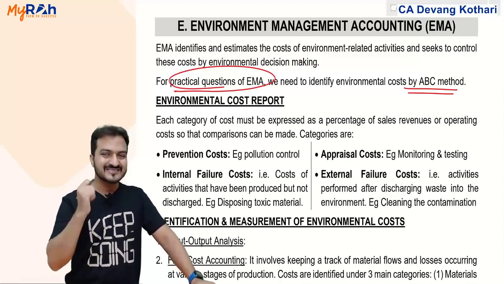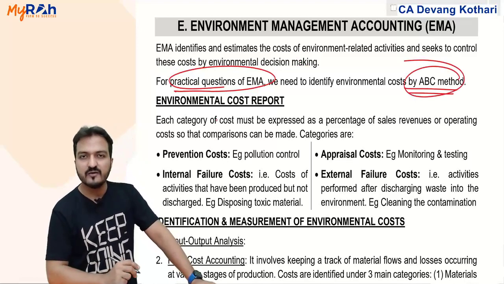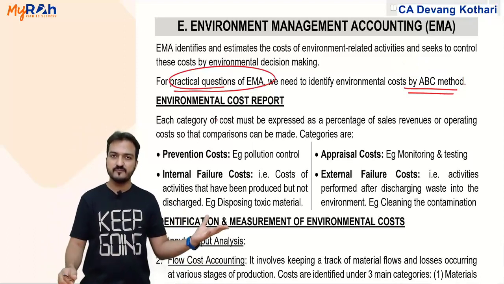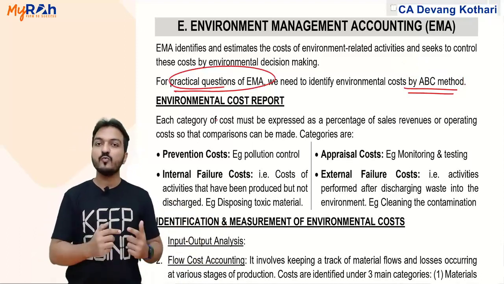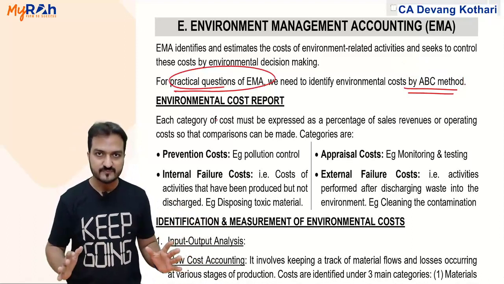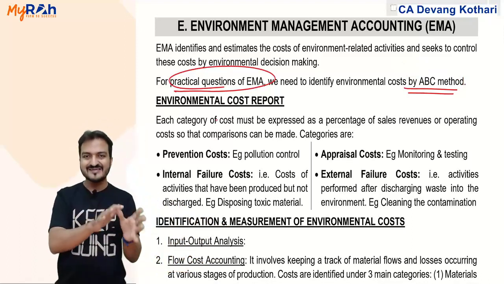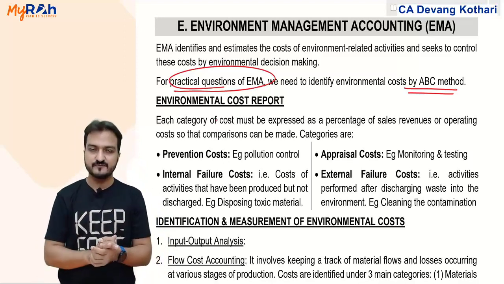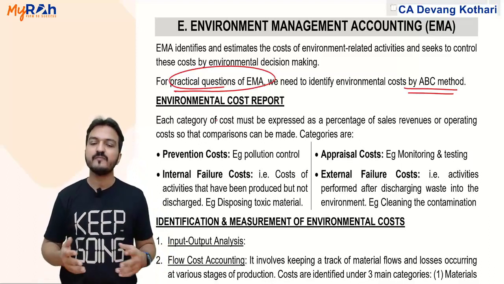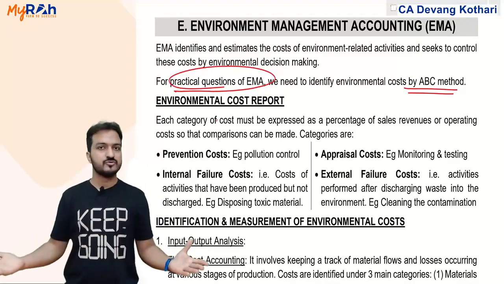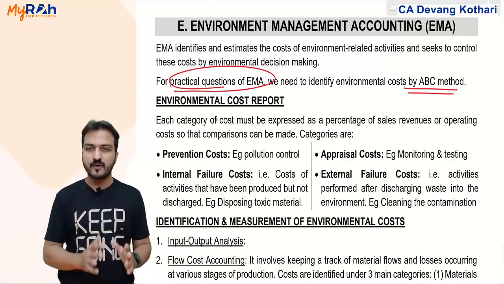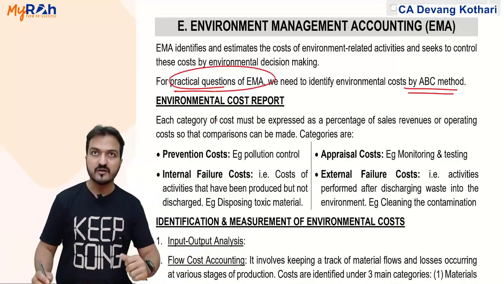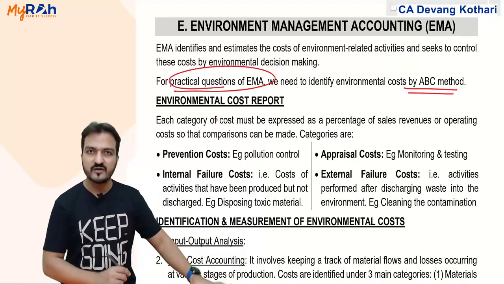To identify that cost separately, the ABC method, activity based costing, is required. If you follow the regular overheads costing method, then the environmental cost will be hidden inside overheads. Under activity based costing you can separately identify which product is causing more environmental damage. Otherwise, in a routine overhead method all your environmental costs are evenly distributed between the products. You don't know which product is damaging the environment more. If you follow the ABC method, then you can identify which product damages the environment more.